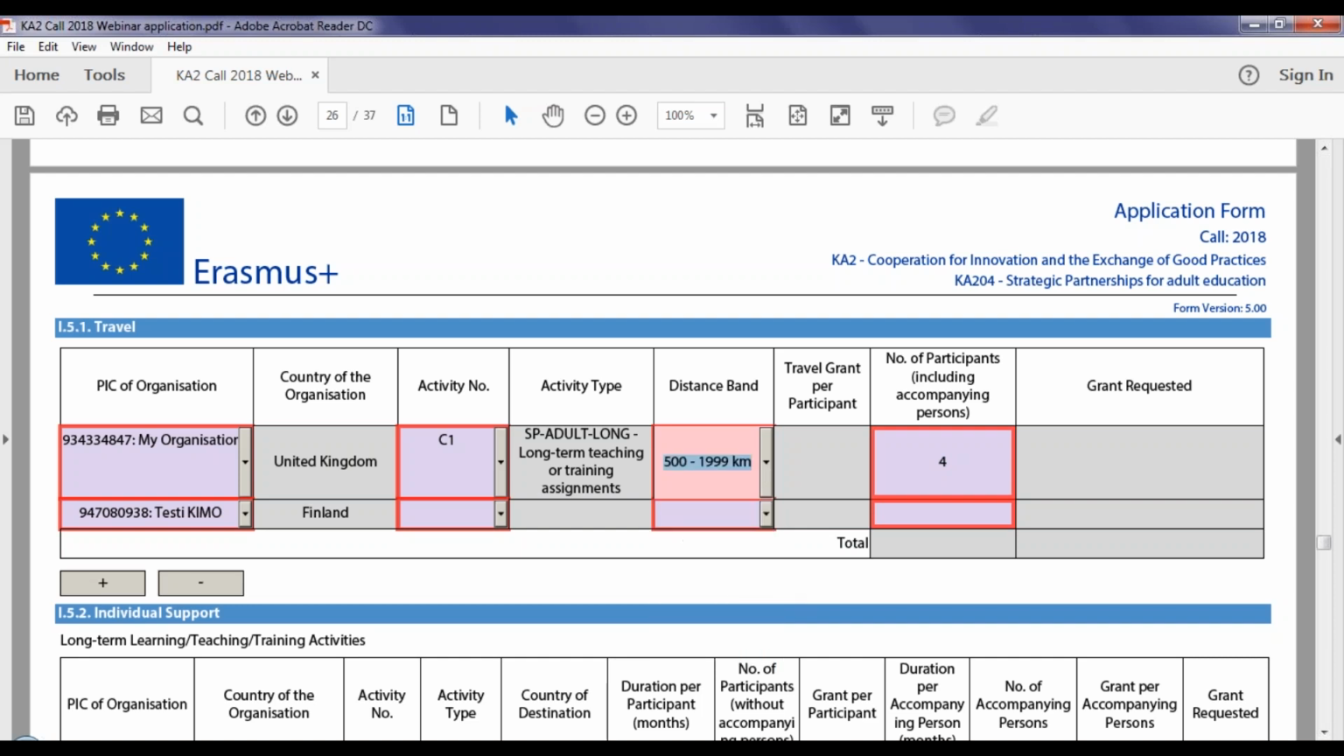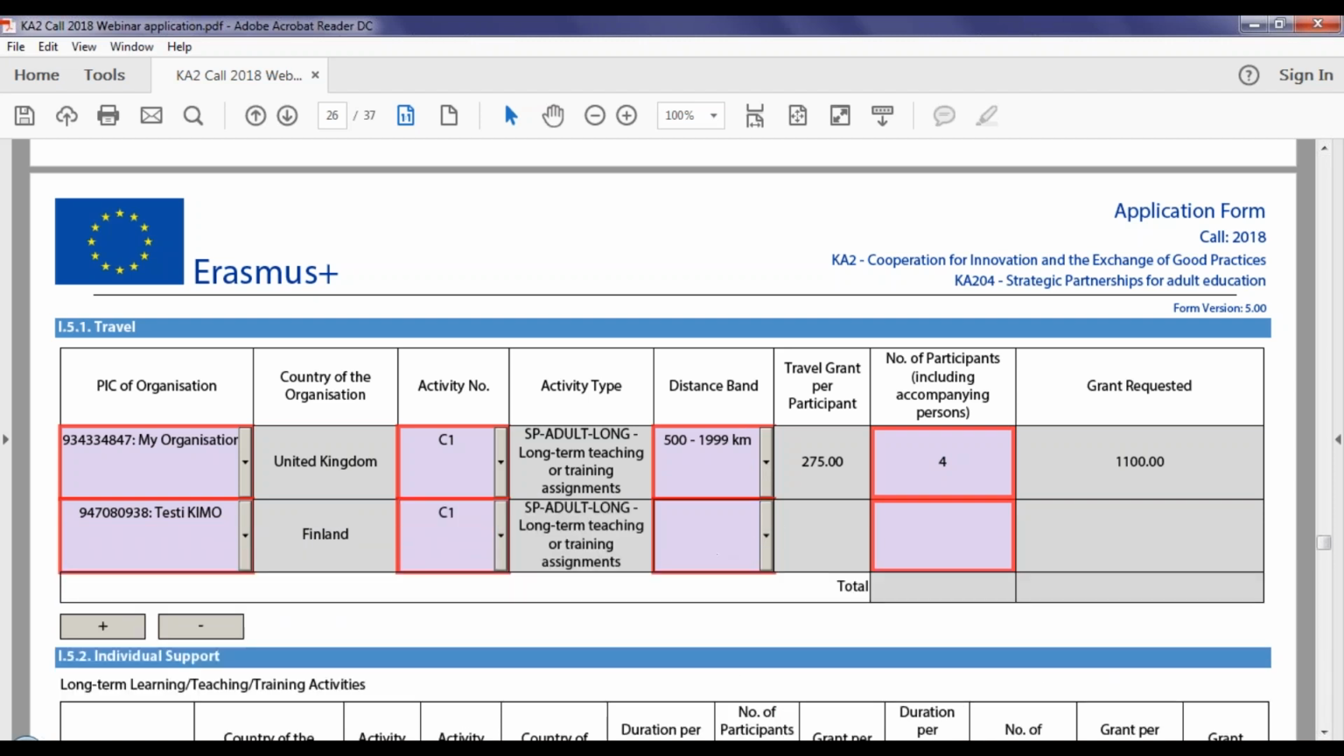For the second row, I will do the same, so I'll select C1 as the activity. There will be the same distance band that I will select, and also 4 participants. Here I have ensured that the number of participants included matches the total number of participants included earlier in the form. This is very important because any inconsistencies here would either affect your grant requested or even prevent the form